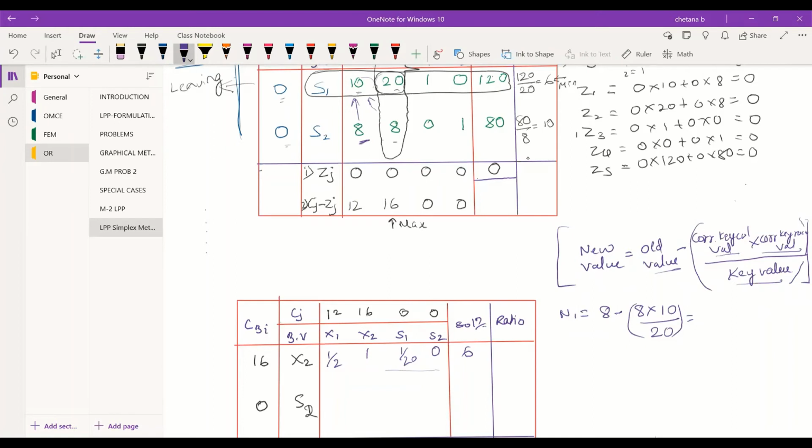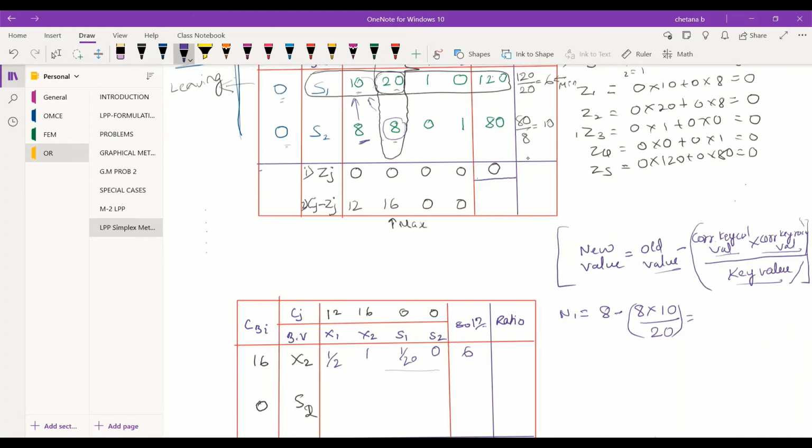Old value minus the ratio: the product of the key column value and key row value, divided by the key value. For this row, S2, the old value for N1 is 8, minus the corresponding key column value. This is the key column. For S2, the corresponding key column value is 8, into the corresponding key row value.